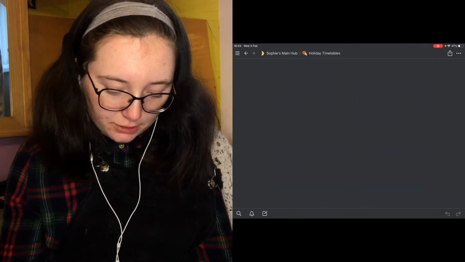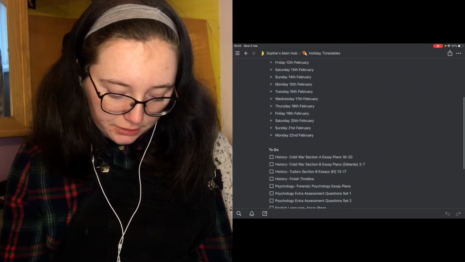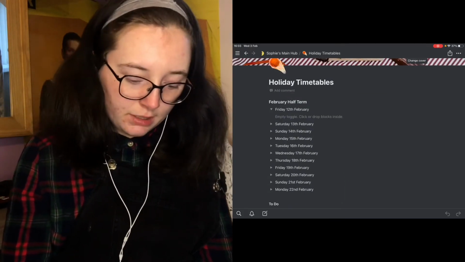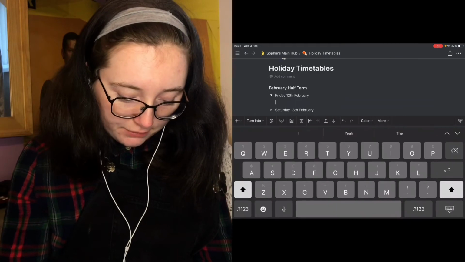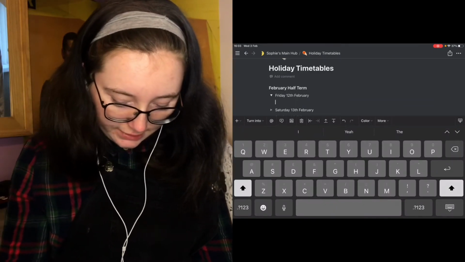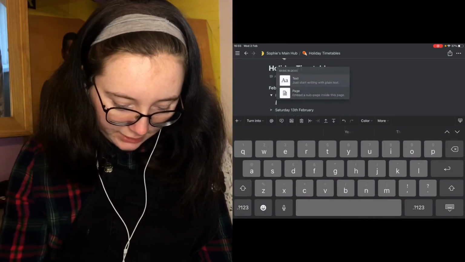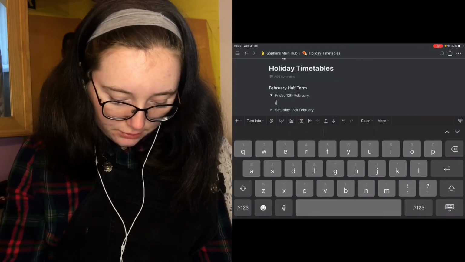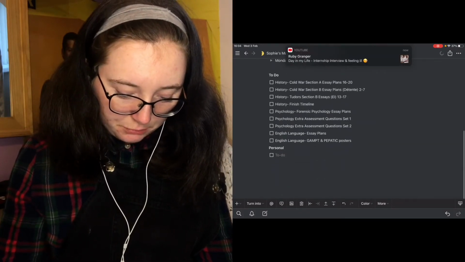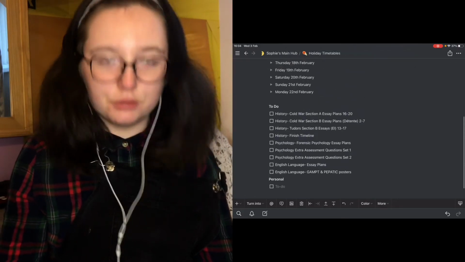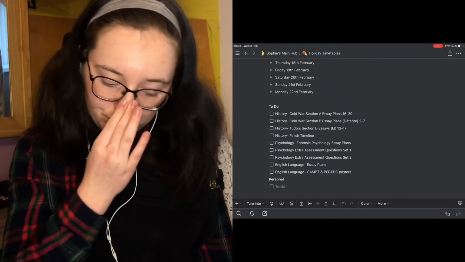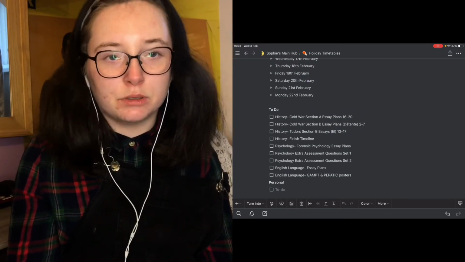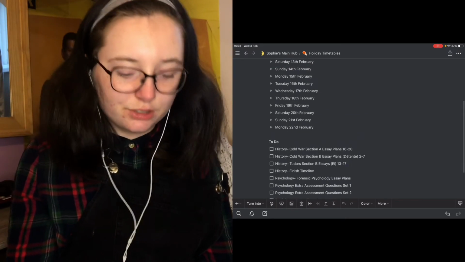And then I've just got holiday timetables, which is literally all the dates in a toggle, and within this toggle I can actually have a to-do list. So as you can see, toggle, and then I just click swipe, and I can do a to-do list and just do that. And then underneath this I've just got some things that I want to do over the half term. I did usually schedule this in a table on Google Docs, but I'm trying to use Notion